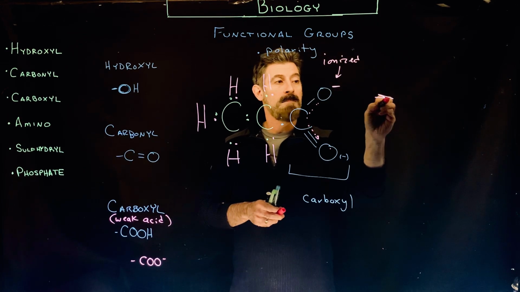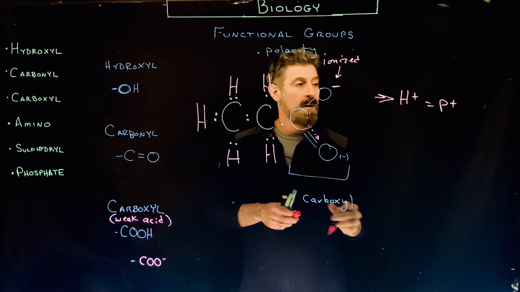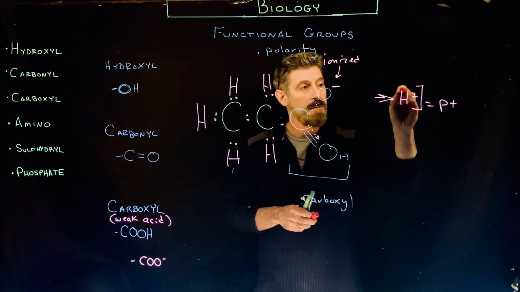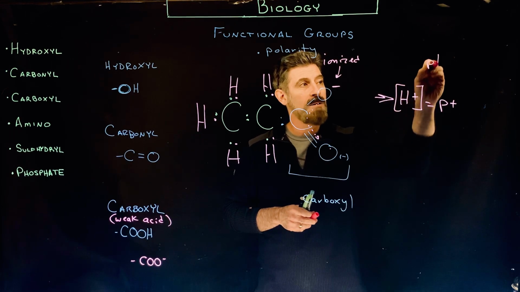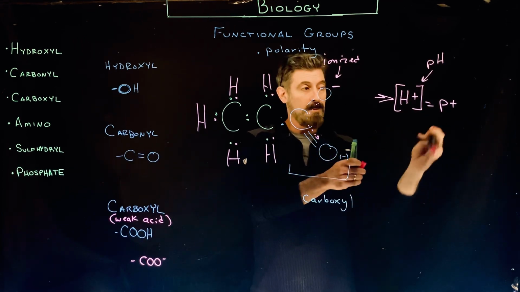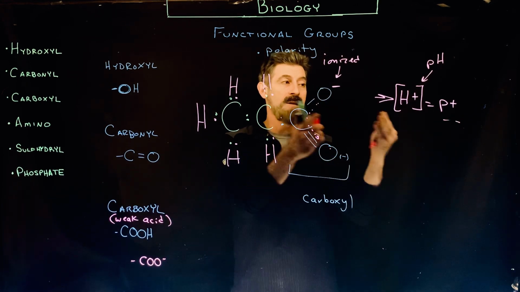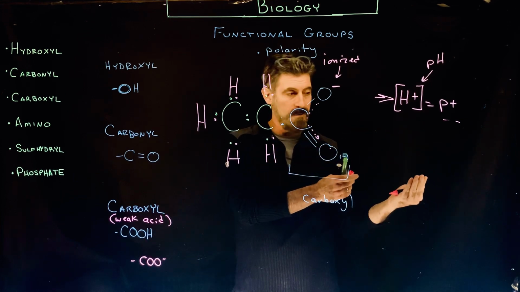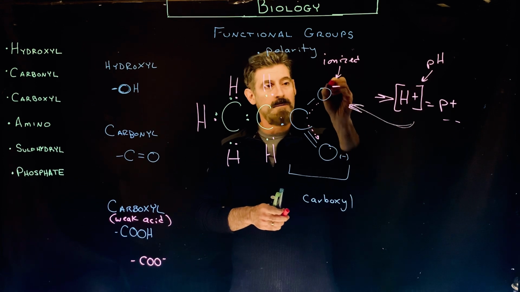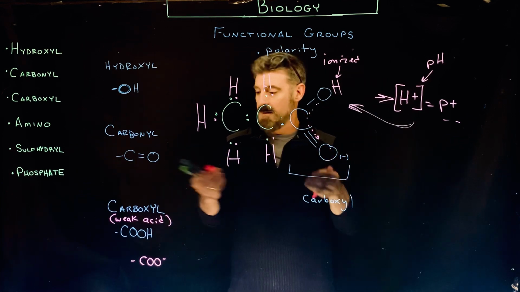And the hydrogen, which is actually a proton, goes into solution. The definition of an acid, remember? Our pH is a measure of hydrogen ion concentration. Acids donate hydrogen ions or protons to a solution, so this carboxyl group has just behaved as an acid and given up a hydrogen ion to solution. It's weak because it's very reversible, right? That hydrogen, that proton, can come back,